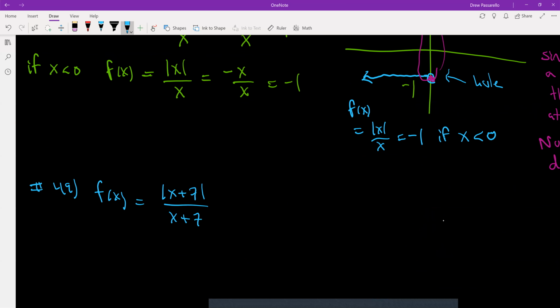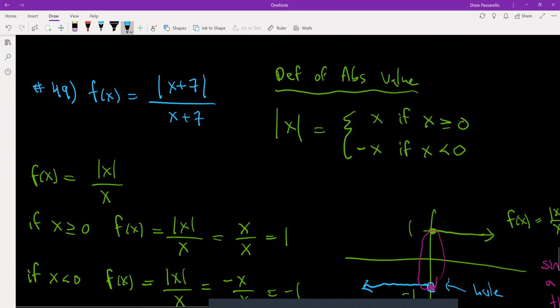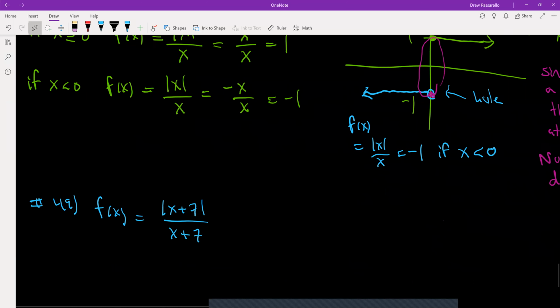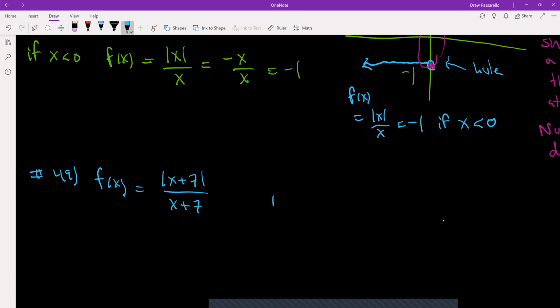So the definition of absolute value was absolute value of x is equal to x if x is greater than or equal to 0. So consider the x plus 7 as our x in this case. So I would say the absolute value of x plus 7,